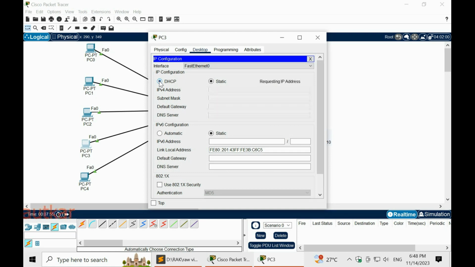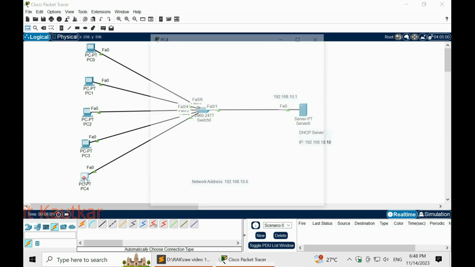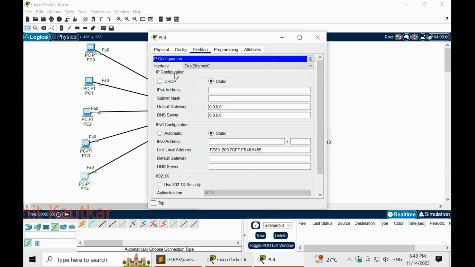Here as well we will do the same process. So it got the next IP, 10.4, and the last machine we have got 10.5. So in this way we have dynamically received IPs from the DHCP server.